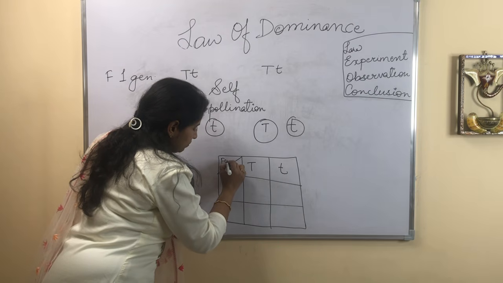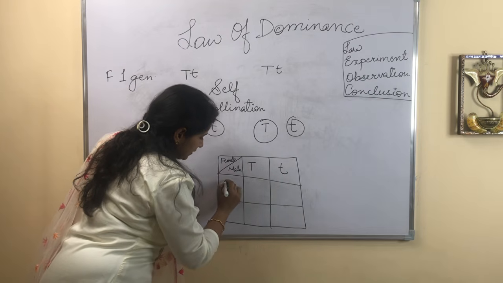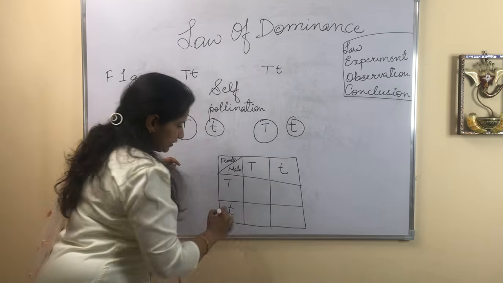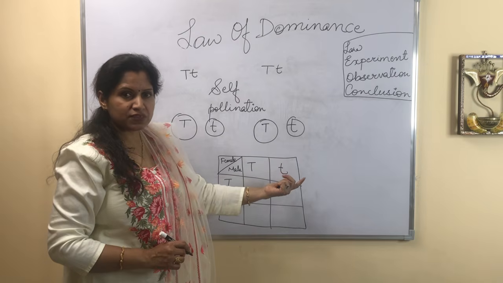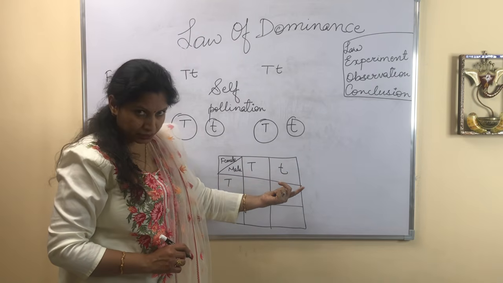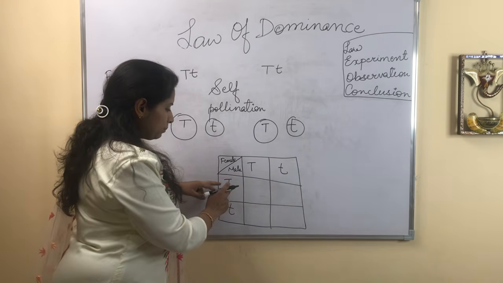And the gametes of the female will also be shown similarly: capital T and small t. These two are the possibilities for the female gamete. These two are the possibilities for the male gamete. Okay. So, now what will happen if